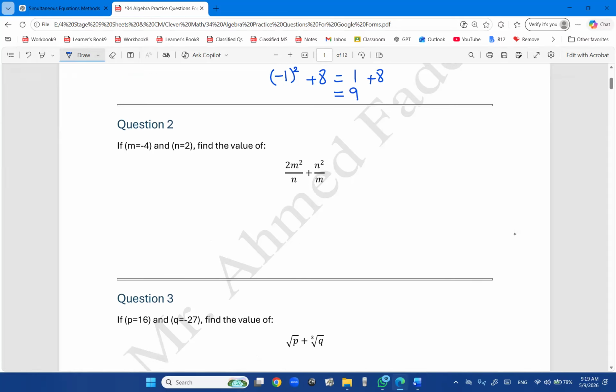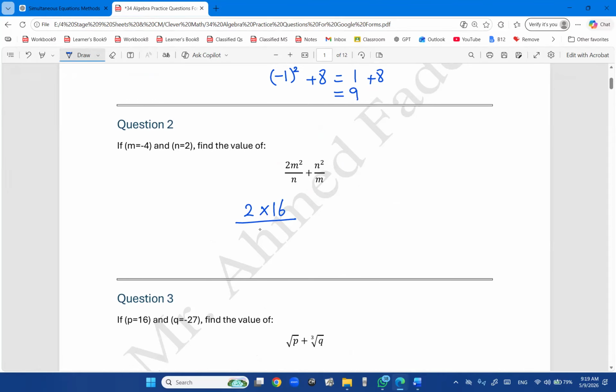The next question says, if m equals -4 and n equals 2, find the value of this expression. Well, I'm going to do the same thing exactly. 2 multiplied by m is -4. -4 squared, slowly and step by step. -4 squared is 16